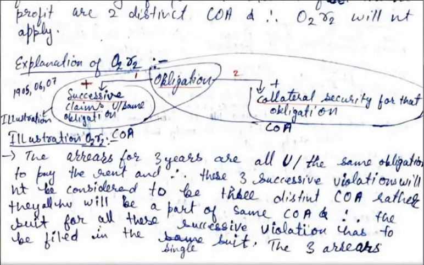और दूसरा, an obligation plus collateral security for that obligation. तो इस तरीके से एक obligation और successive claims दोनों को सिंगल कॉज ऑफ एक्शन माना जाएगा। मतलब ऑब्लिगेशन और सक्सेसिव क्लेम्स अलग अलग कॉज ऑफ एक्शन नहीं हैं, they are a single cause of action।